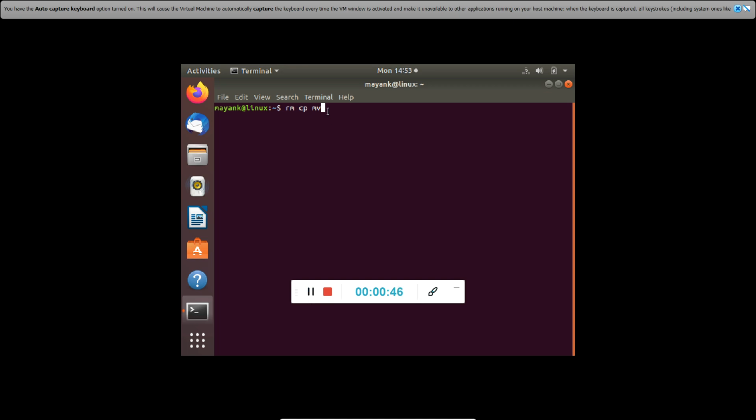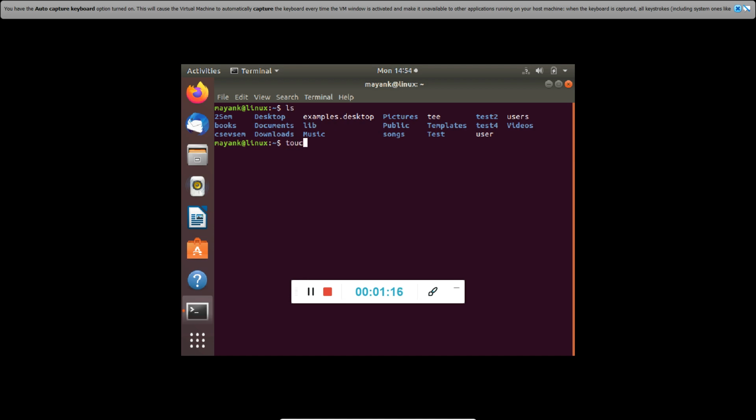To move forward, let us see the rm command. The rm command is used to remove a file or a directory. This is a critical command that can delete your information by mistake also, so we have to use it with caution. Before using this remove command, let us see what different files are in our system.